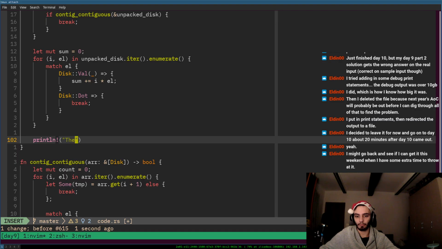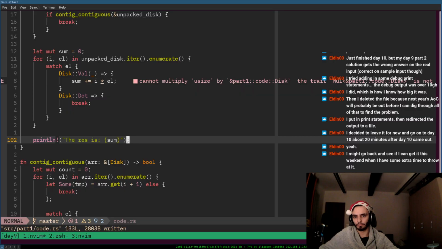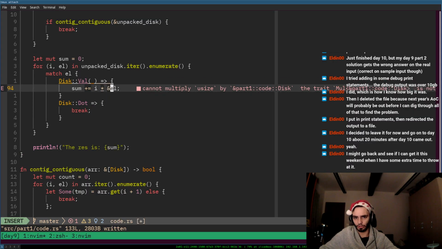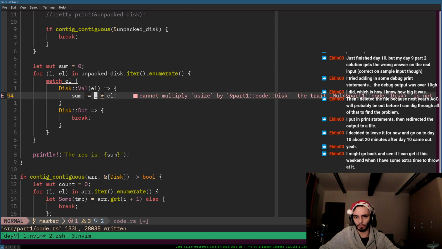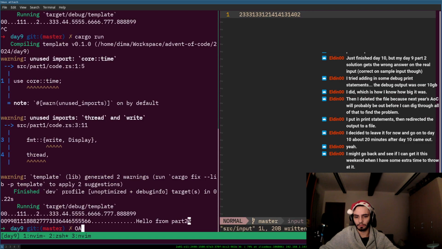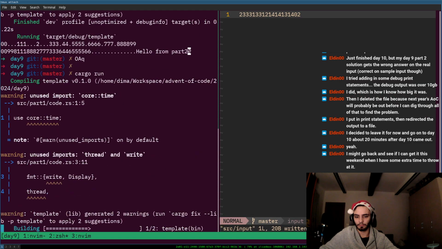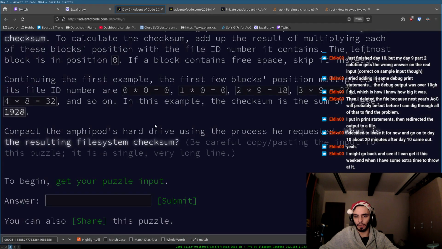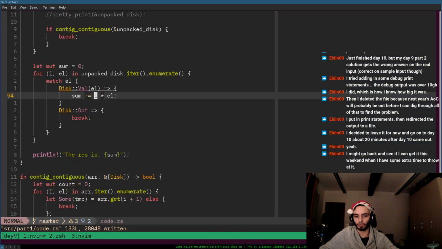Print. The res is sum. Of course, it shall be the ref. Well, we can also do that. 1928 looks good,